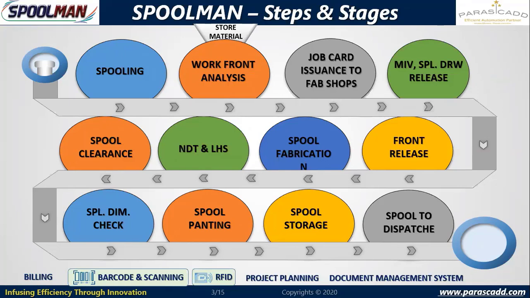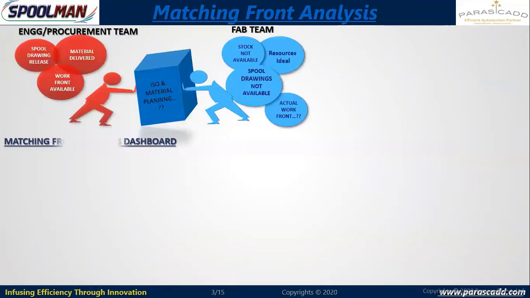So this is the overall theme. We'll go forward. Now talking about matching front analysis. We spoke about matching front analysis. Once material is available in my warehouse and spooling is done, the first topic will be whether the front is available for fabrication or not, and how much I can load my contractor, because he has a huge team. Maybe he will have 2 gangs, 3 gangs, 5 gangs, depending on my planning. He will mobilize the gangs. So the first part will be matching front analysis. I can perform this analysis based on the inspected material, the received material, and the material which is in transit.